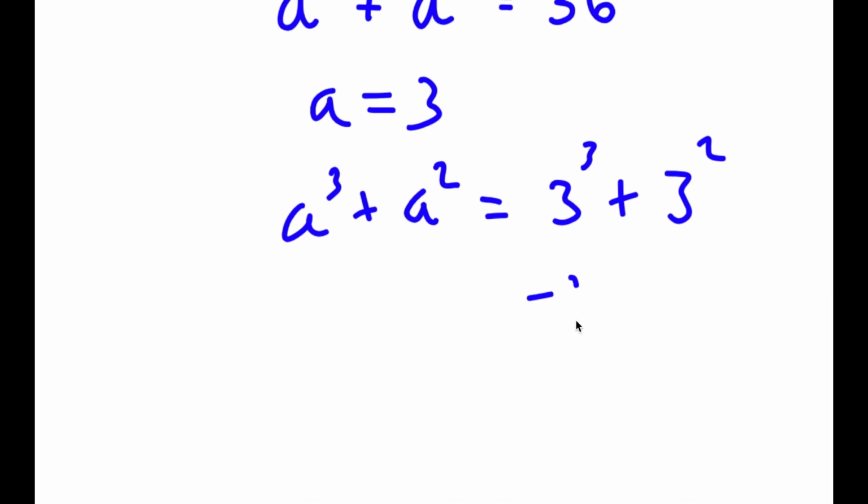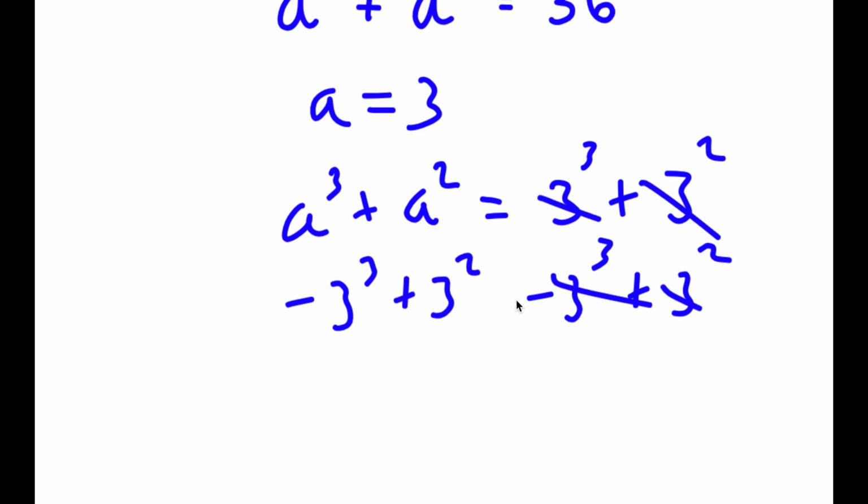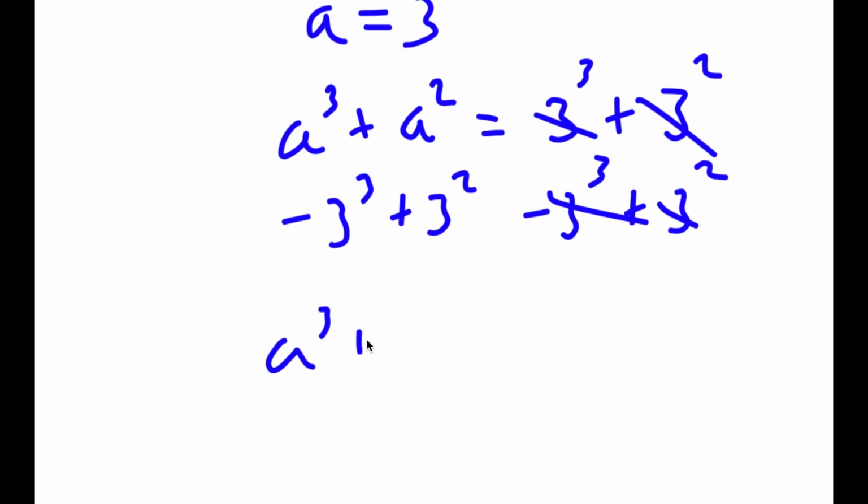So now I'm going to subtract 3 to the power of 3 plus 3 squared on both sides. So these two cancel out. I get a to the power of 3 minus 3 to the power of 3 plus a squared minus 3 squared,